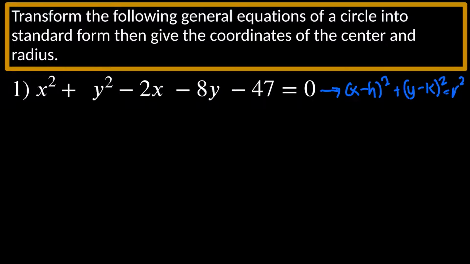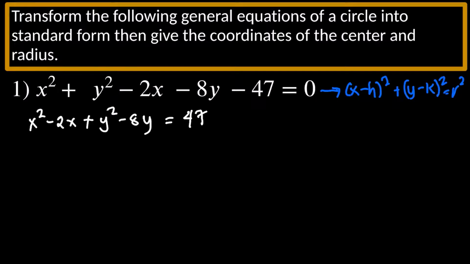To do that, we'll group those with the same variable. So we have x squared minus 2x plus y squared minus 8y. And then we're going to transpose the whole number into the right side,